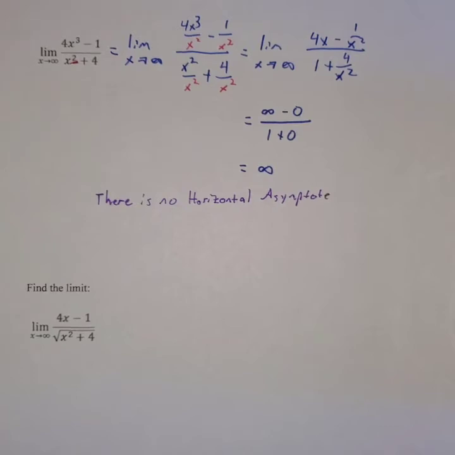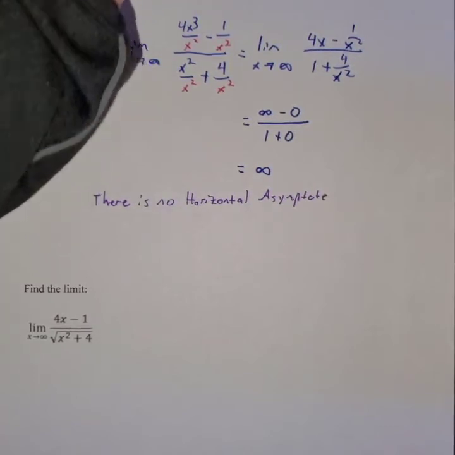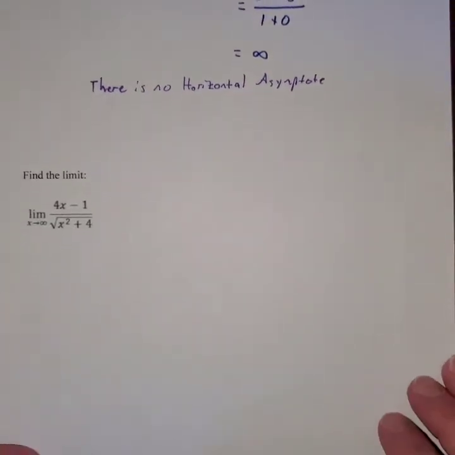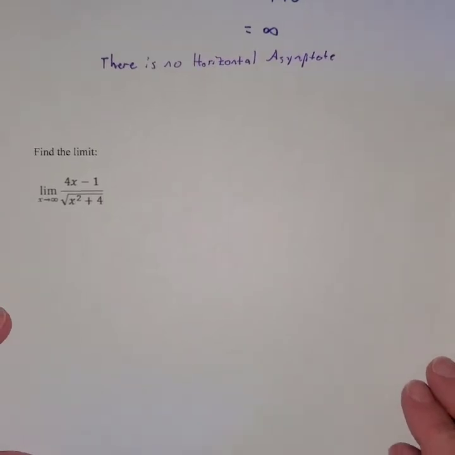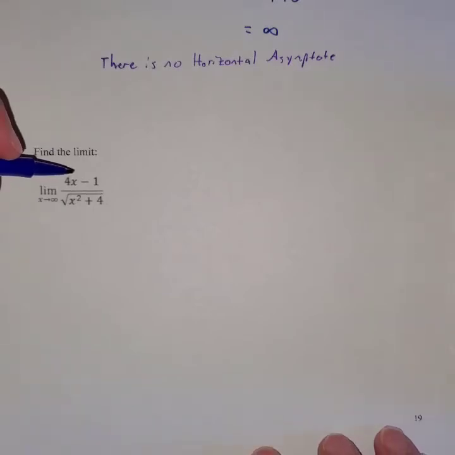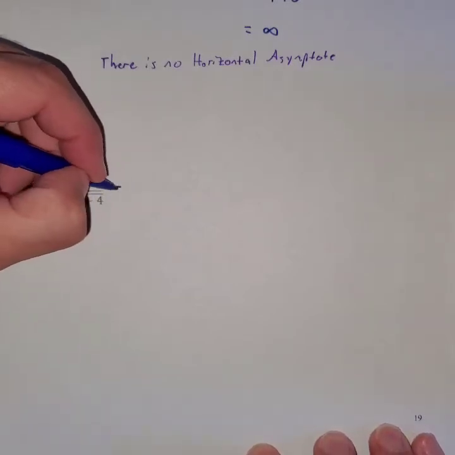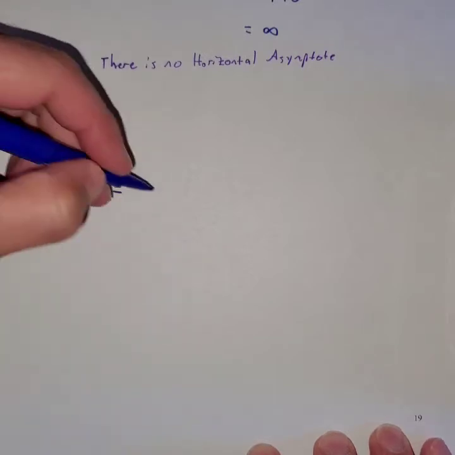All right, so now we're going to change it up from just our traditional rational functions. We're going to have a function that contains a radical in our denominator. So in this type of problem, okay, I'm going to rewrite my limit to the right and then go down. So the limit,